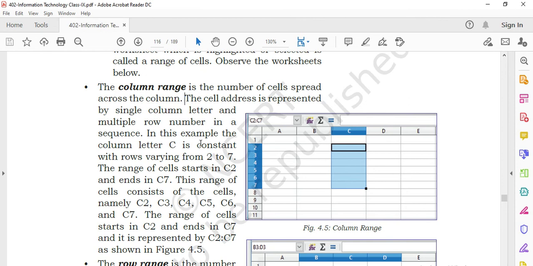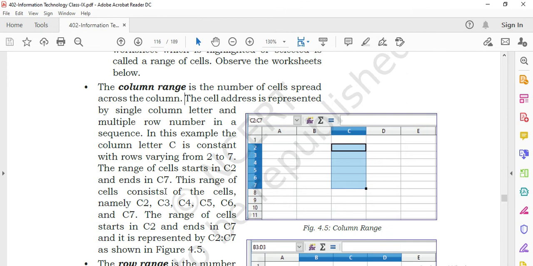In this example, column letter C is constant with the rows varying from 2 to 7 when it is selected. The range of cells starts in C2 and ends in C7.